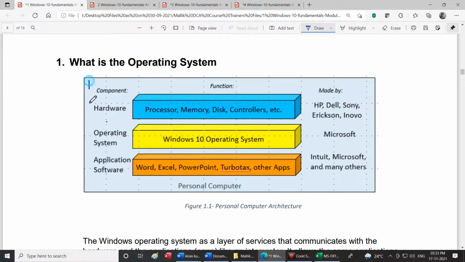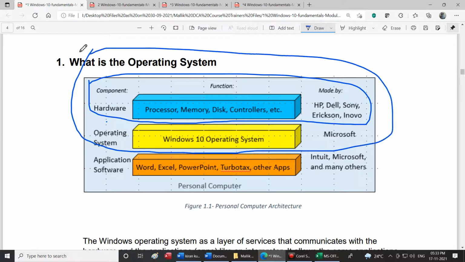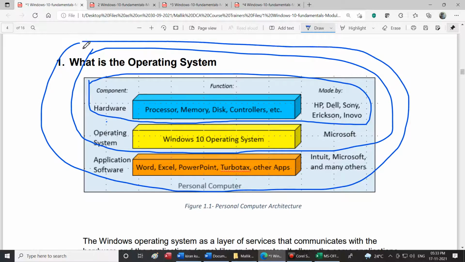Now this would be the inner core circle. The next circle would be this, and the next circle would be this. What does that mean? On the core you have the microprocessor, the memory, disk. That means this is my hardware.